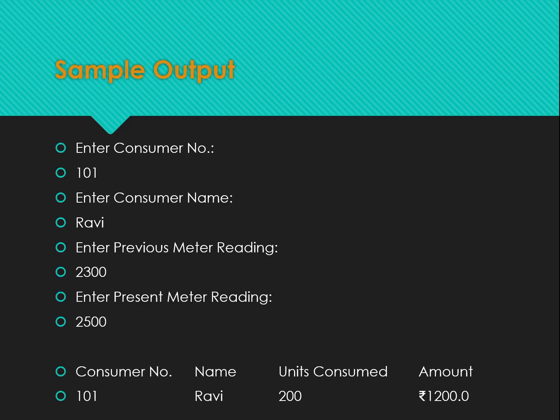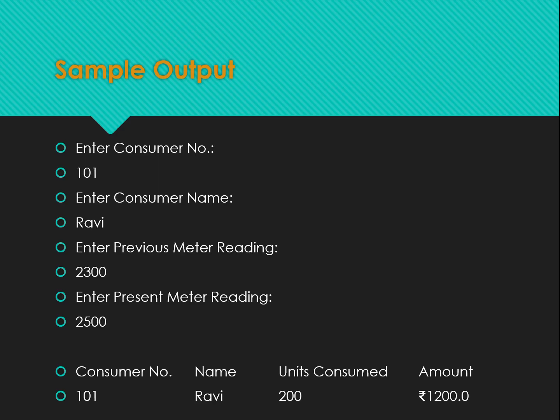Let us now observe the sample output of our electricity bill program. When the program begins execution, it first prompts the user to enter the consumer number. In this example, the user inputs 101. Next, the program asks for the consumer name. The user enters Ravi. Then it requests the previous meter reading, which is entered as 2300, and the present meter